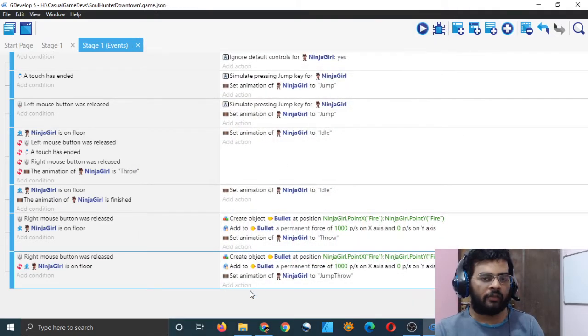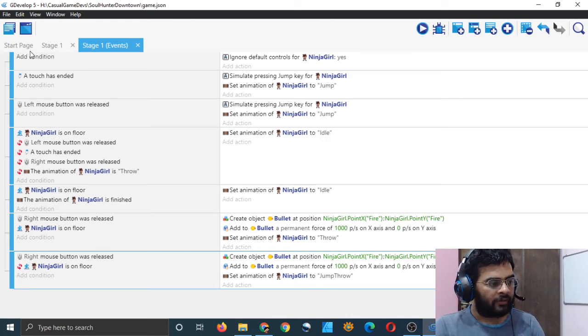Either I should increase the speed of animation or I should add a timer which says that I cannot fire the bullet so quickly, like spam the bullets. So we have to add that kind of limit, because otherwise the player will just keep spamming the bullets, and the bullets will be fired as fast as the player can hit the button or as fast as the computer can register the button release. We don't want that to happen.